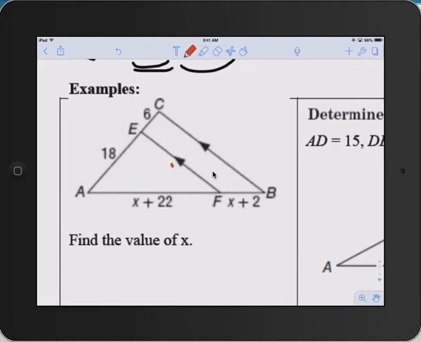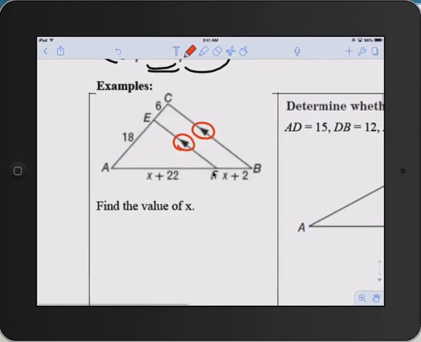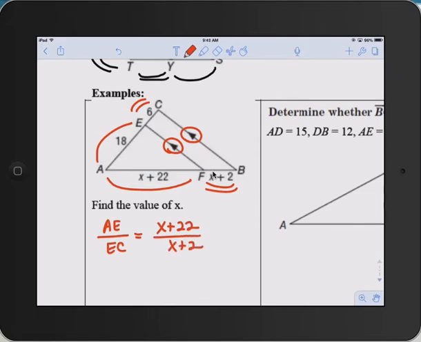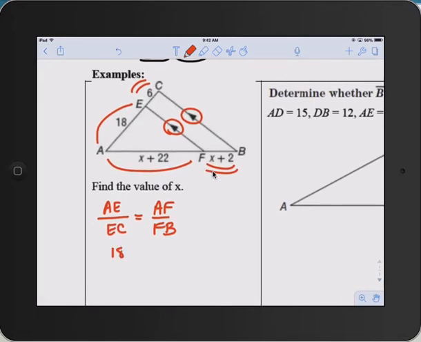We are given, notice you're told that the lines are parallel. So therefore the segments are proportional, and that would be AE is to EC as, since you're going from the top part of the triangle to the bottom piece, AF over FB. So AE over EC equals AF over FB. Now, if we went straight to the numbers, it would say 18 is to 6 as x plus 22 is